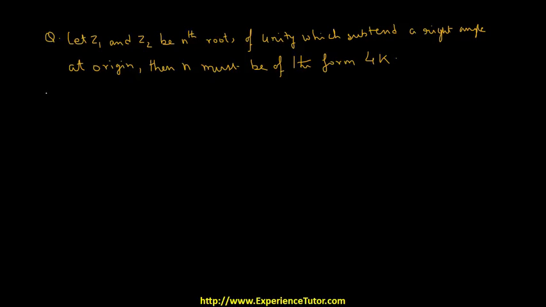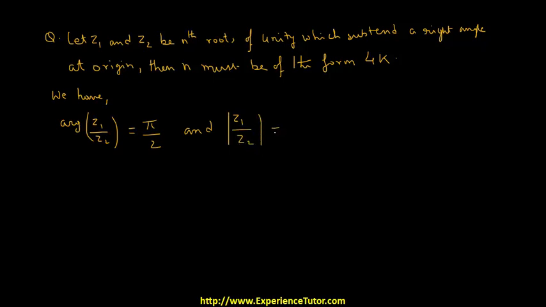So we have argument of z1 by z2 is equal to pi by 2, and modulus of z1 by z2 is equal to 1, which implies that